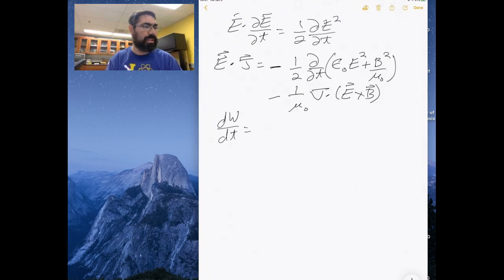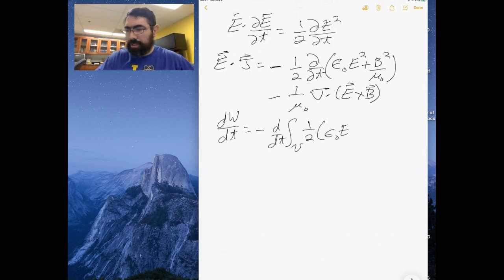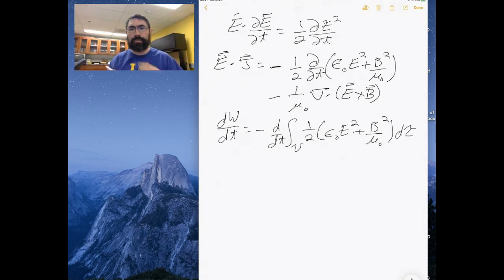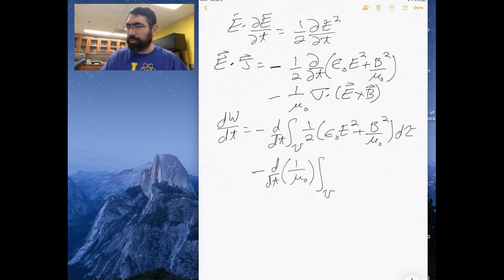The power is going to be minus d/dt of the integral over the volume of 1/2 epsilon naught E squared plus B squared over mu naught, integrating over the volume, minus the time derivative of 1 over mu naught, the integral over the volume of the divergence of the E field crossed into the B field,